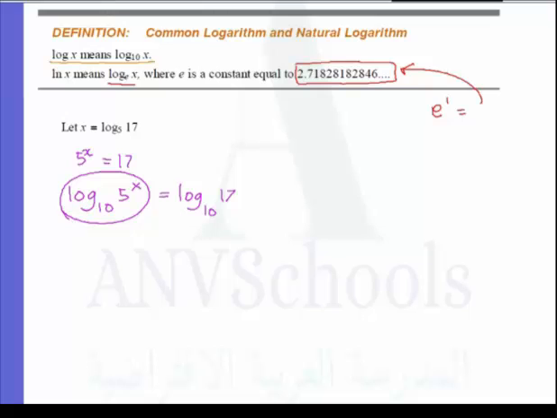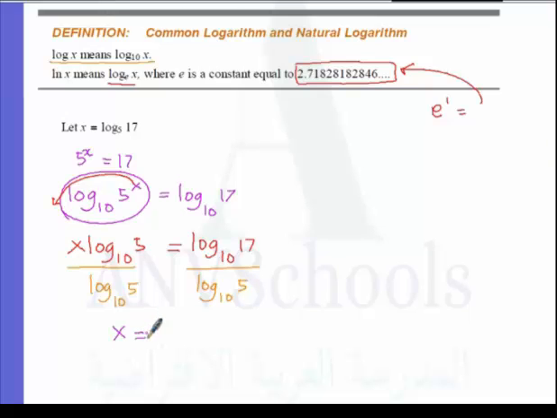And this one will give me a corresponding expression, which is x log 10 5. Placing the x here behind your logarithm expression. And on the other hand, we will have log 10 17, right? Now, if I have to solve for my x, then I would need to divide both sides by log 10 5, right? So log 10 5, and this will give me